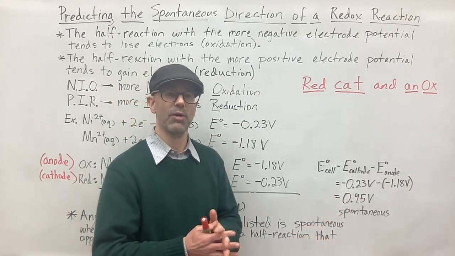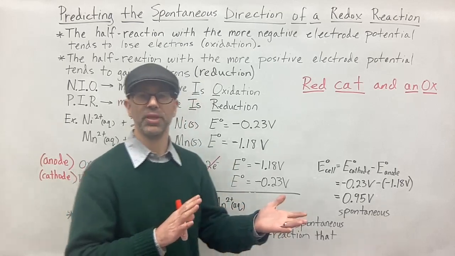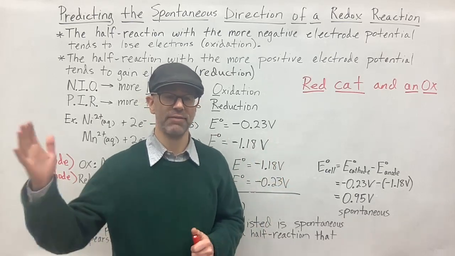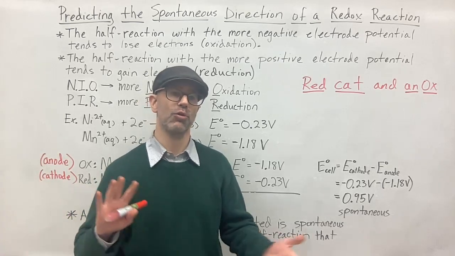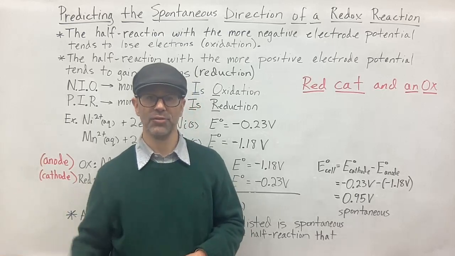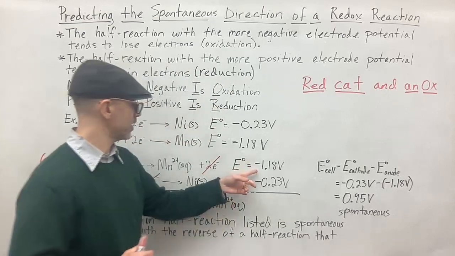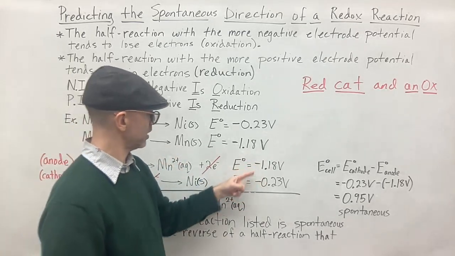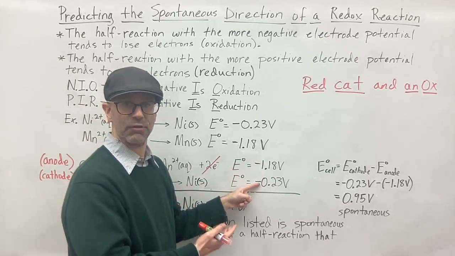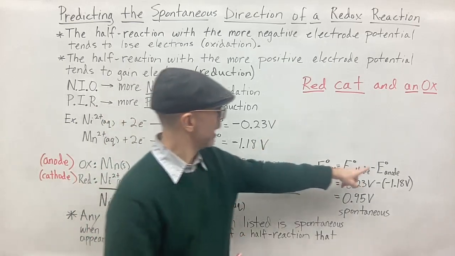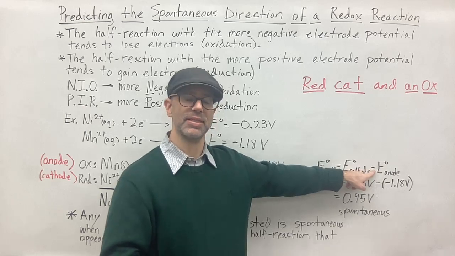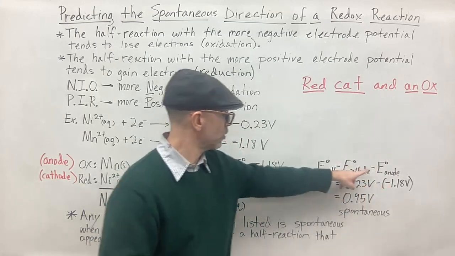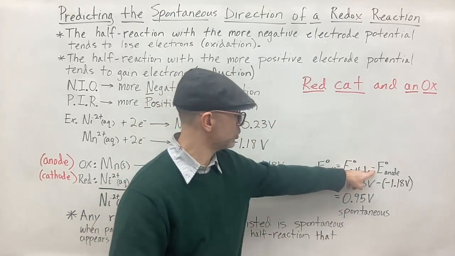Now, another way you could do this is, as I was saying before, just like if you flip the equation of a reaction, then you change the sign of the enthalpy. So if you have a delta H of the reaction, if it's negative and you flip it, you reverse the reaction, you would make that positive. You would just change the sign. So the same thing happens here. When I take my manganese, notice I didn't do that here. The reason I didn't is because you can take the original electrode potentials as they are given for the reduction reactions and plug them into the equation. And because you're subtracting the anode and oxidation happens at the anode, this negative sign is what changes the sign of whatever you're given. So the reversing of the sign here is taking place by subtracting the anode,